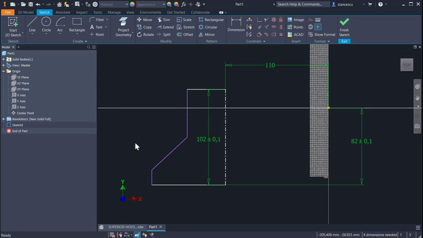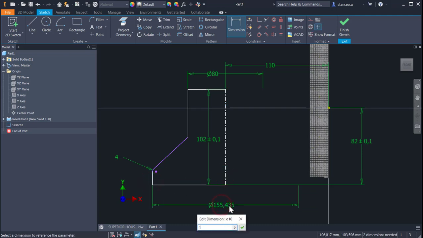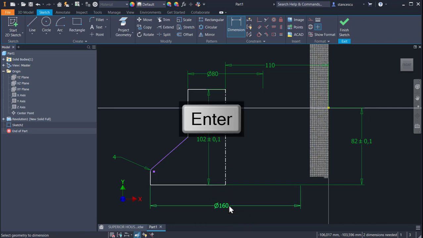Yes, there is a fillet radius 4 between these two lines, and diameters 80, as you remember, no tolerance, 160, and 30 degrees,